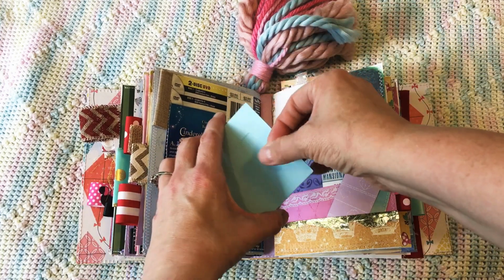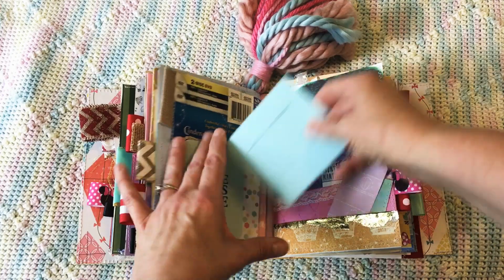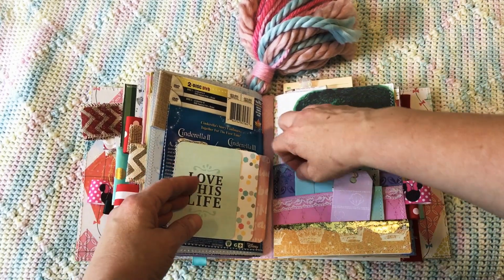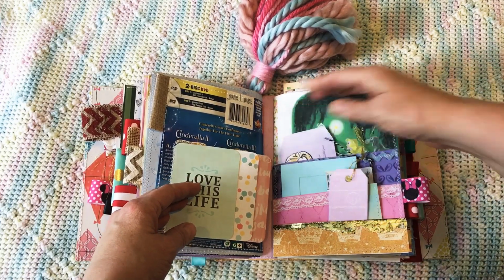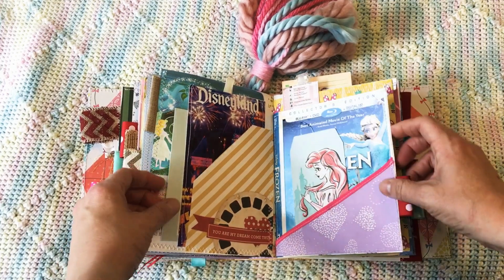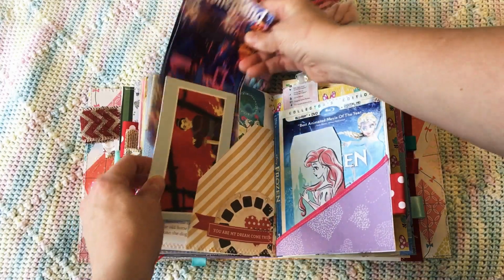And then these are just some little, like you can see there's a hole there, but it's a little envelope with a little window in it. And I just thought those were really neat. They're for those Polaroids specifically, but I didn't want to use them for that. I just thought they were cool for junk journaling. And those little pockets, part of the map